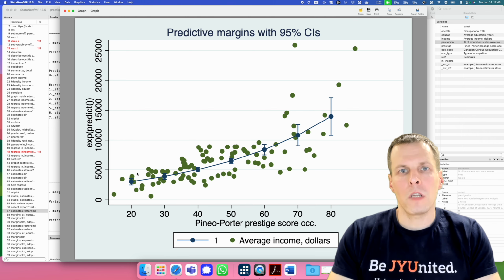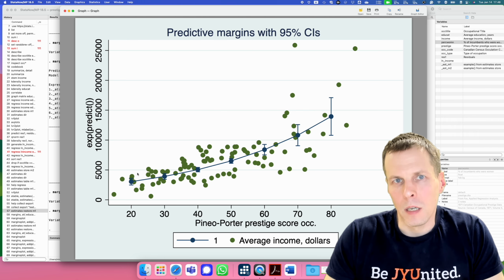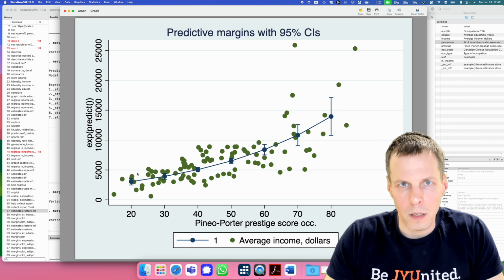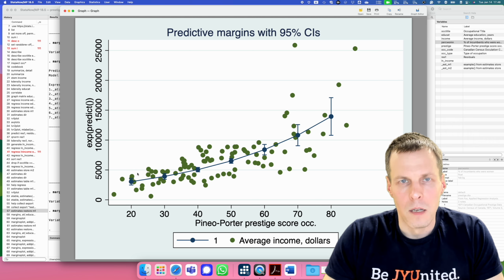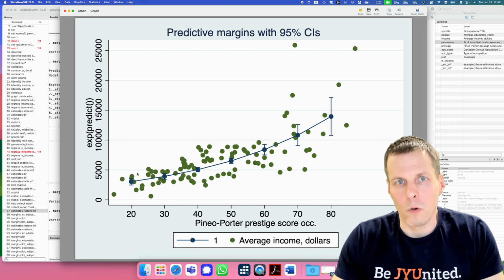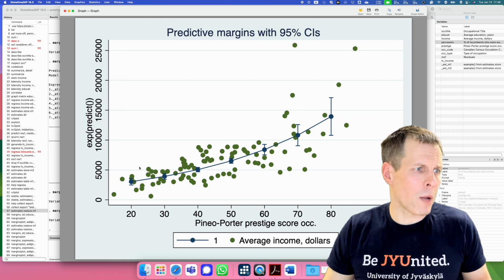Now, when you do these plots, you need to pick which variables to plot. And I would pick the ones that are statistically significant over those that are not, because if there are no significant results, then we can't conclude that there is an effect. And typically, if we can't conclude that there's an effect, then the estimated effect is very small and the line is pretty flat. So I would perhaps go with this